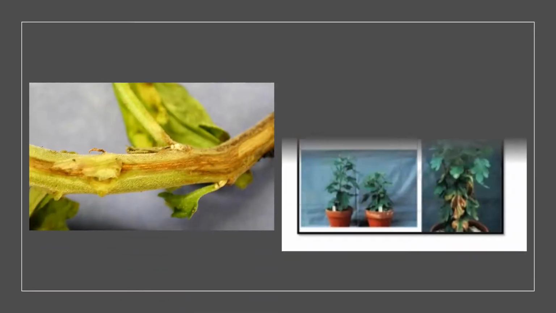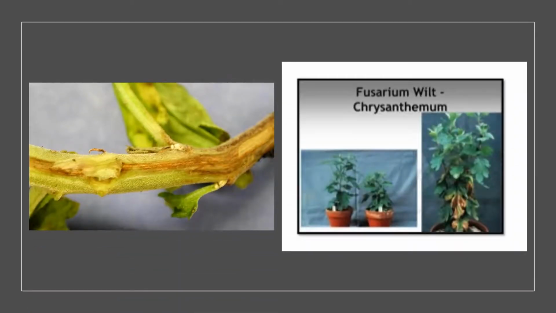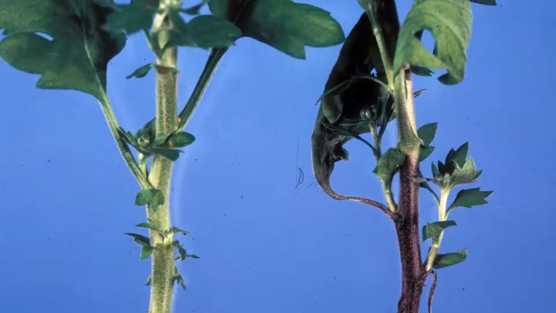The other symptoms also include vascular discoloration. Creamy mycelial growth of the pathogen is seen on the collar region under humid conditions. Coming to the survival and spread of the disease, the primary source of infection is soil-borne fungus or infected cuttings. The secondary source is conidia dispersed through irrigation water. At last, the management of the disease: go for cuttings that are free from all diseases. Second, go for crop rotation.